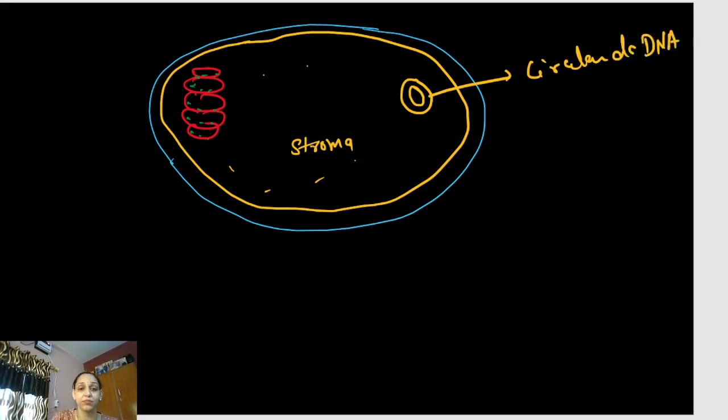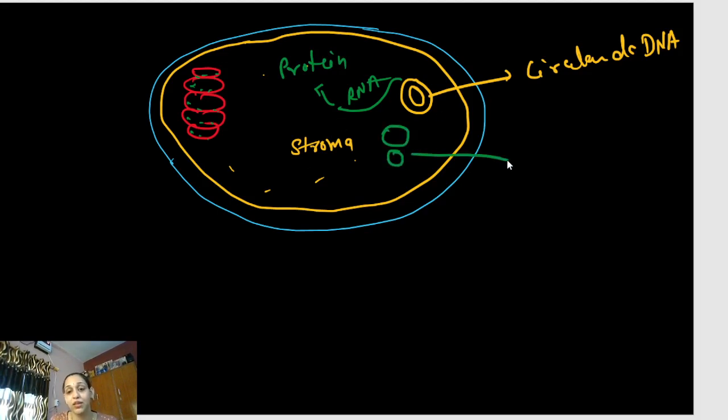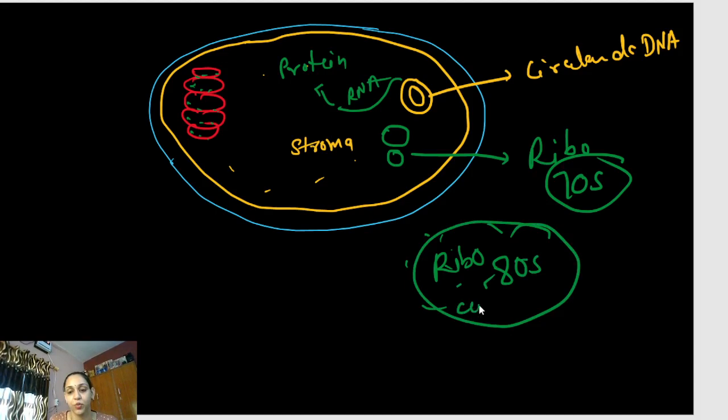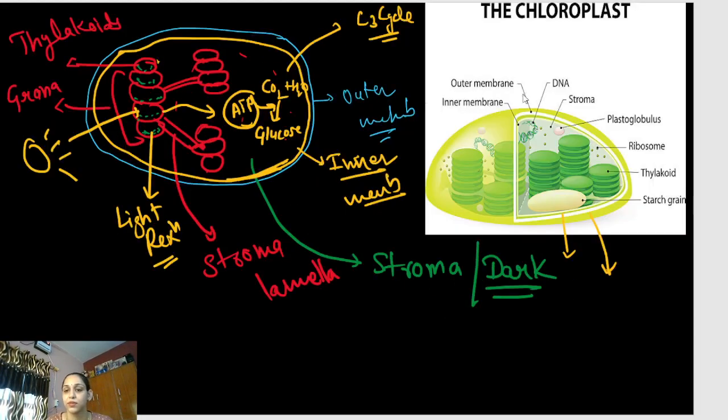अब DNA है तो RNA बनेगा, RNA, then protein, प्रोटीन बनेगा तो राइबोसोम चाहिए, राइबोसोम्स 70s। अब साइटोप्लाज्म में कैसे राइबोसोम्स हैं? 80s। साइटोप्लाज्म हो गया।